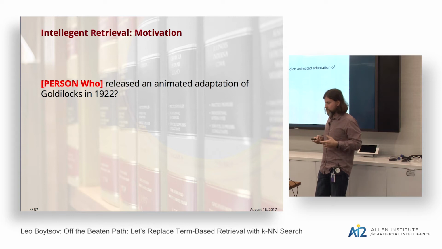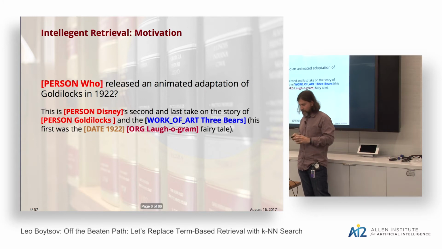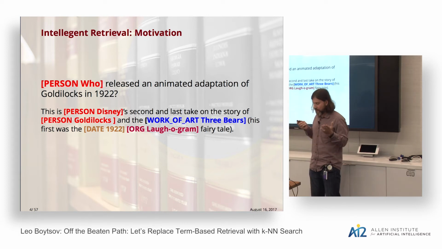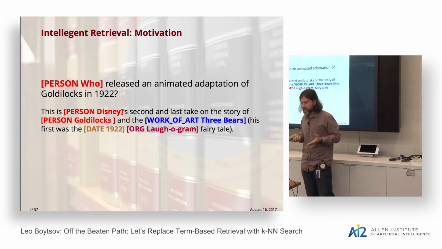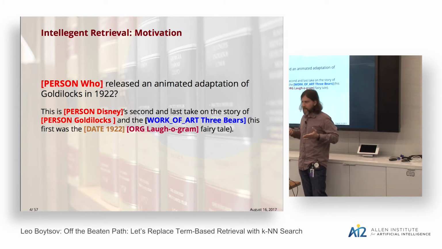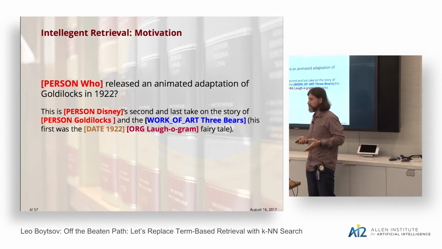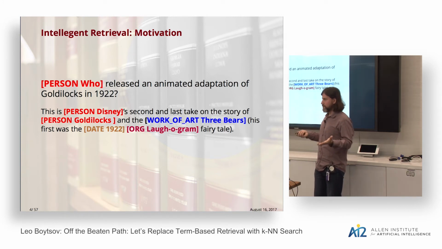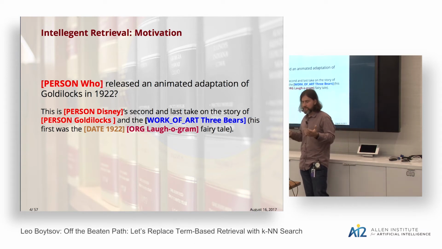Well, here's one algorithm or method that you can use. It's famously dubbed as DeepQA, although it is actually largely based on the ideas pioneered by the Protosyntax system developed in the 70s. Such a system would analyze a question. It would extract search cues, which are important keywords and key phrases. It would also try to determine, and this is really important, the expected type of the question. So in this case, it's a person. And then it would use the retrieval module to find passages containing these keywords and key phrases.